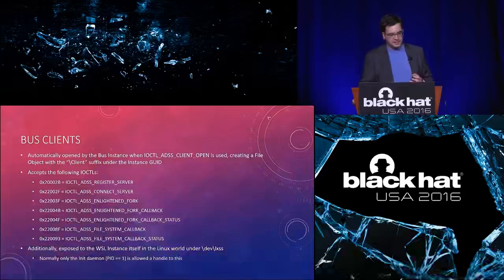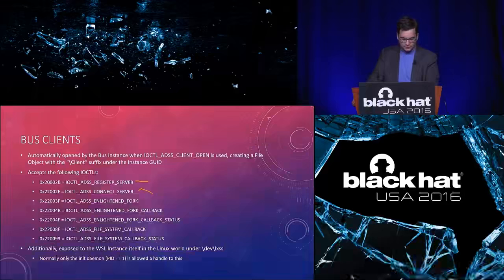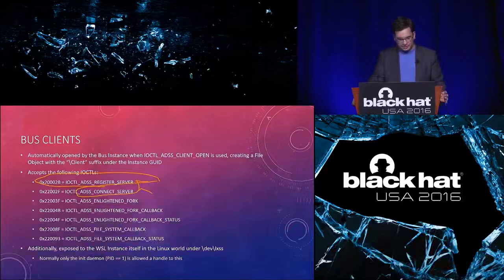Once an instance is created, you can have bus clients. Clients are things that are talking to the instance, and a client can register a server. A client can also connect to a server. The client that is a server will register a server, and a client of that server will connect to it. There are some other things which I did not look at, and I don't know if they're actually used: enlightened forks and file system callbacks. I have no idea what these are used for. I spent a long time reversing this, but I couldn't see anything using those,